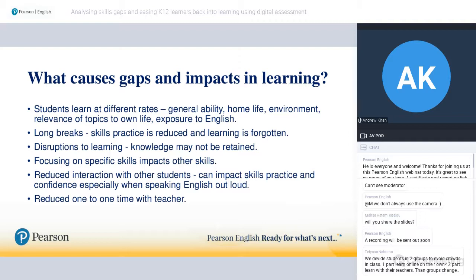You can perhaps imagine a situation in which a very good, very diligent learner is making the best of the situation by focusing heavily on reading materials in English, and has developed a stronger set of reading skills as a result. However, if they haven't focused on speaking, if they haven't had so much interaction with other learners or much one-on-one time with the teacher, you could imagine a situation in which their reading skills have gone up, but their speaking and listening skills have either stayed the same or perhaps even declined.